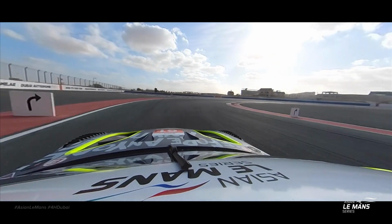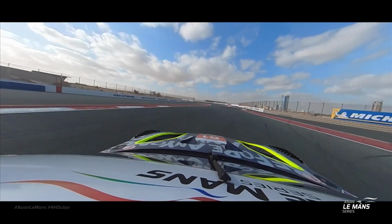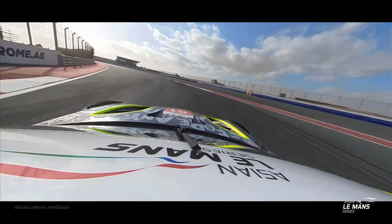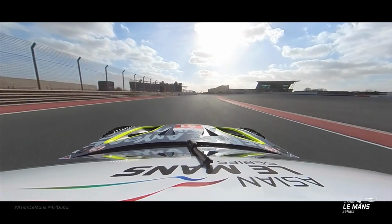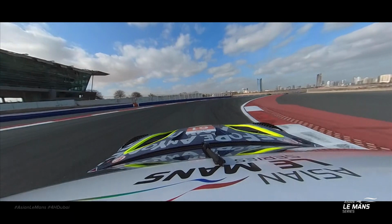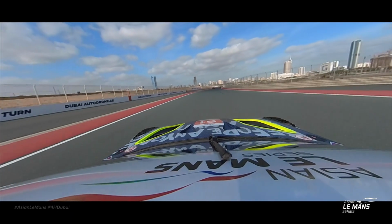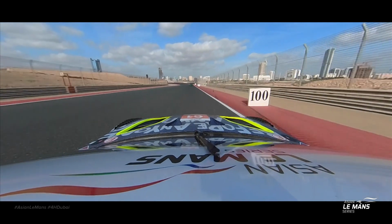It's turn 10, slowest part of the racetrack, about 65 kilometers an hour, getting to the apex there. Nicely done, on the power, hard off of there, and into turn 11, sweeping through, and then up to another hairpin, which is another good overtaking opportunity here at the Dubai Autodrome, and it's down to about 80 kilometers an hour. 3rd gear though, as you're coming off here, looking for that traction, looking to keep the rear under you as you make it off of there, and then rowing back up through the gears,